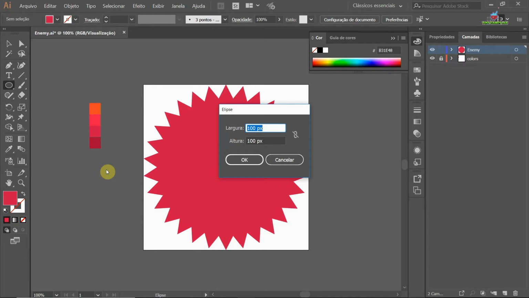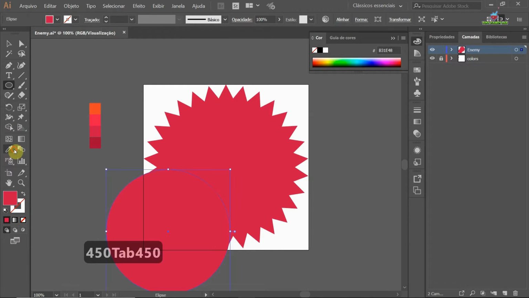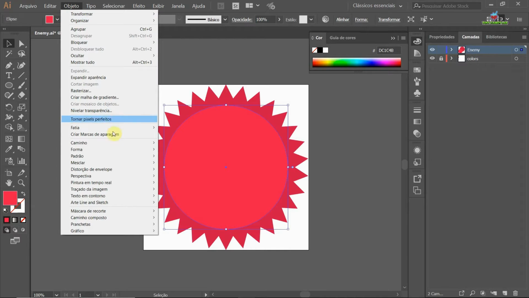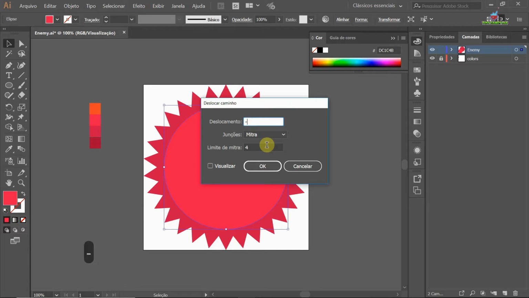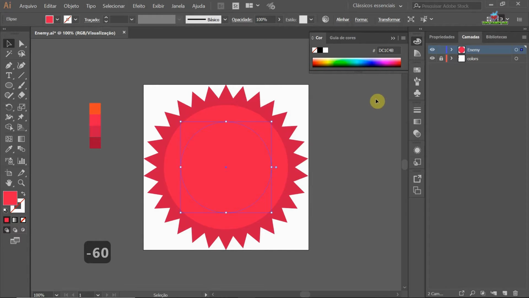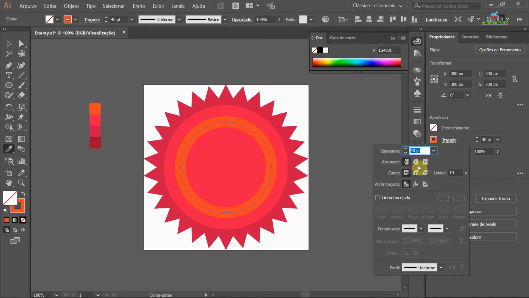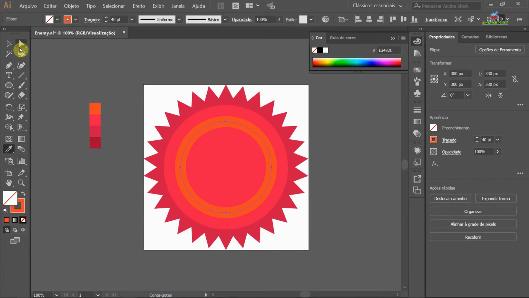Then I'm going to set up a circle in the middle of it. There you go. Just a little bit lighter circle. I'm gonna align it all the way to my canvas, and I'm gonna shrink it by 60 pixels to give it the highlight. So the highlight, I'm just switching to 40 points thick